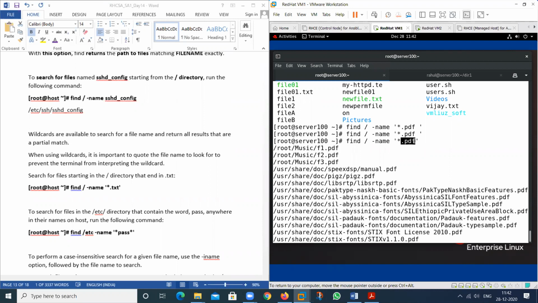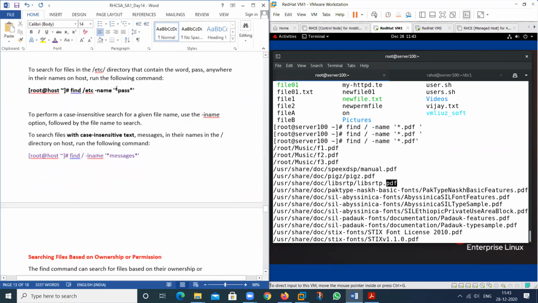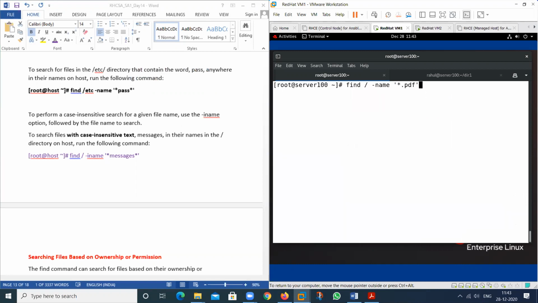Then you can also provide the extension. If that file has an extension, it can be .txt, it can be PDF, docs, anything. So by using the extension, you can search any file. So this wildcard you can use. Then see here. If I just know the middle part of the name only, not the start, not the end, you can also search the result. See.